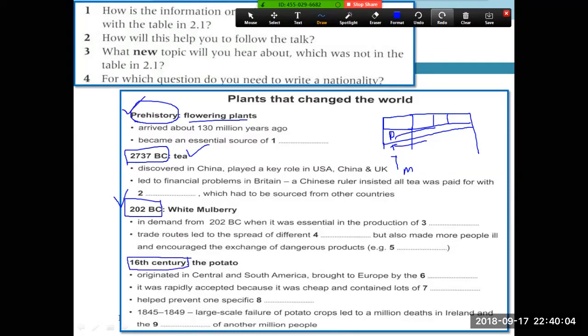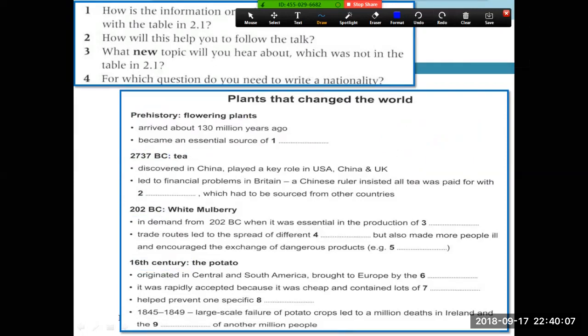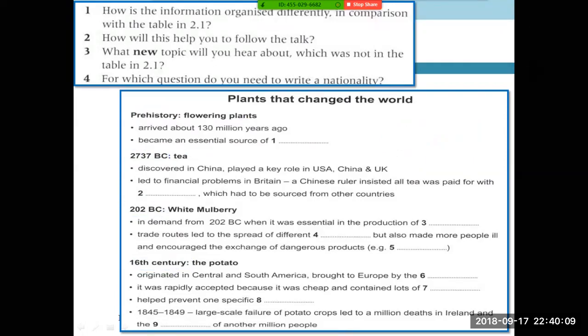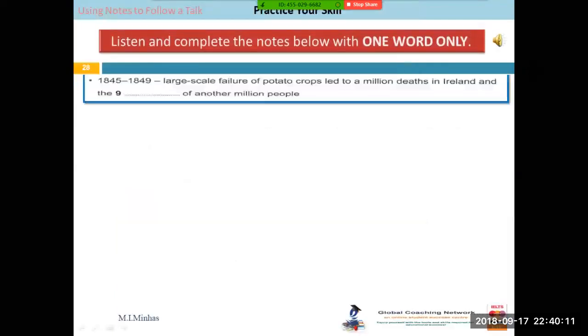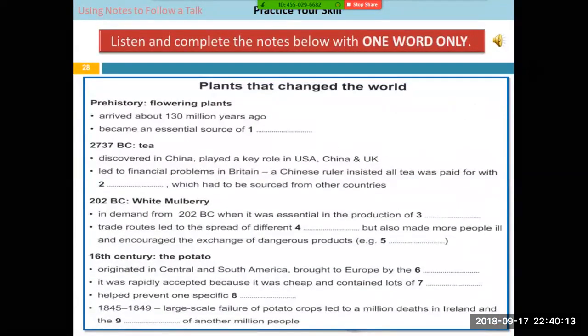So that is the main difference in the layout of the information, or you can say how this information is described. Right. So now I want you to please have a look at this. I'm going to start my stopwatch, and after 30 seconds, I will just play. Good luck.